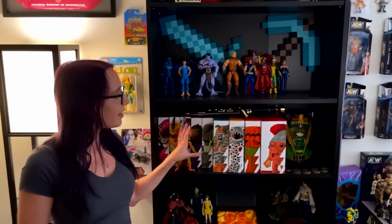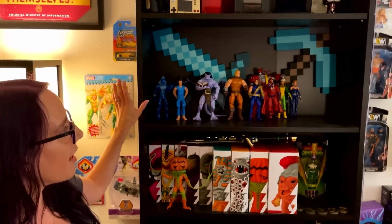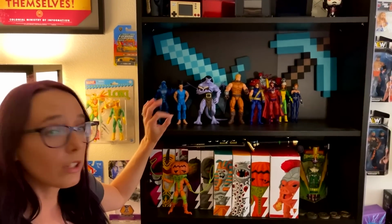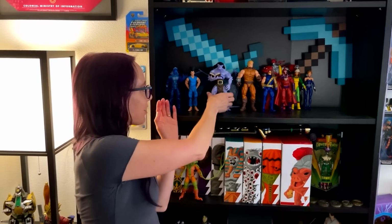Now, this isn't just the wrestling room, however. We've got other toys that I've been collecting as well. We've got a variety of my Power Ranger action figures here, which I honestly want to find a better solution for, because as much as I love the box art, I do want to display the figures a little bit more. So I'm still working out solutions for that. But I've also got a variety of my Marvel Legends figures. I almost forgot their name, as well as one of my all-time...